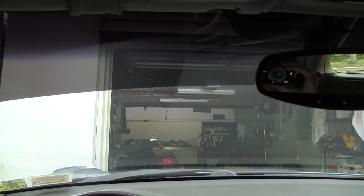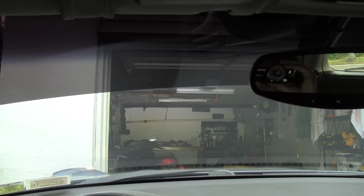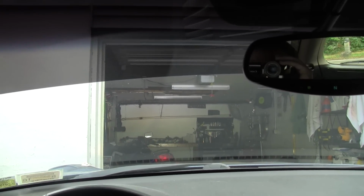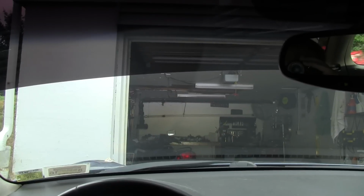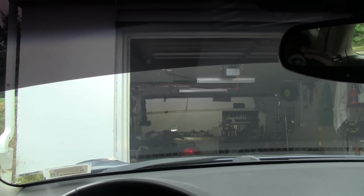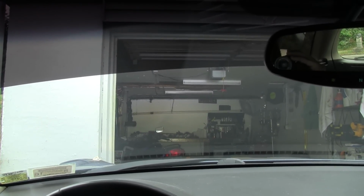But when you drive by street signs with it on, like a speed limit sign, it is so bright reflecting off that sign, you just gotta about put your sunglasses on. So yeah, that's the light bar. I like it. It's definitely a good